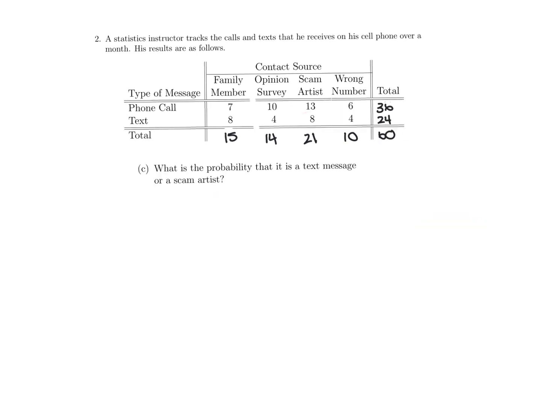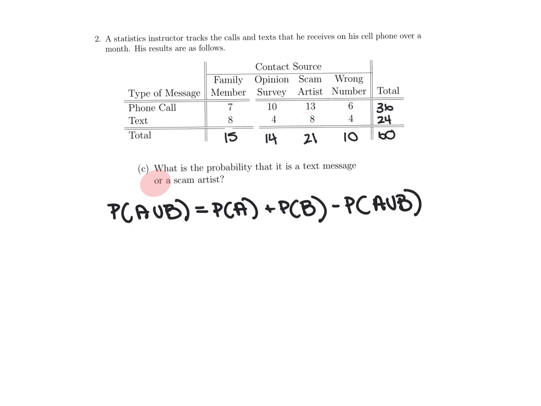Our next question is, what is the probability that it is a text message or a scam artist? The key word in this problem is or, because it tells us what equation we need to use. This equation is P(A) plus P(B) minus P(A and B). So let's set up our own equation, which is going to be P(T or S),